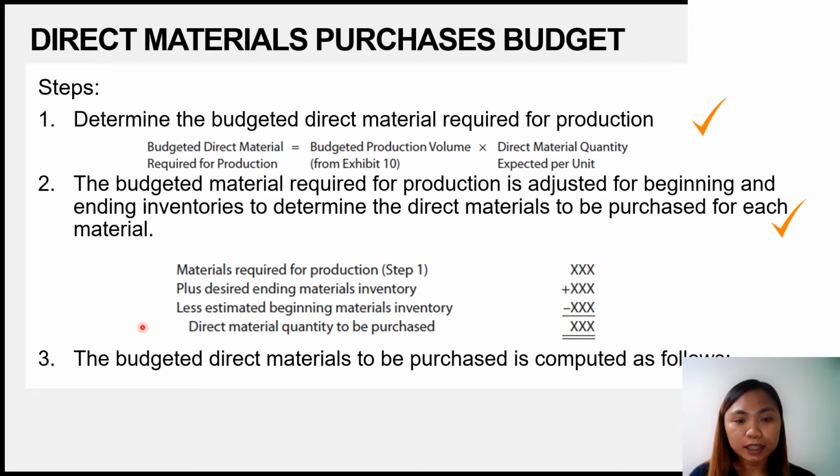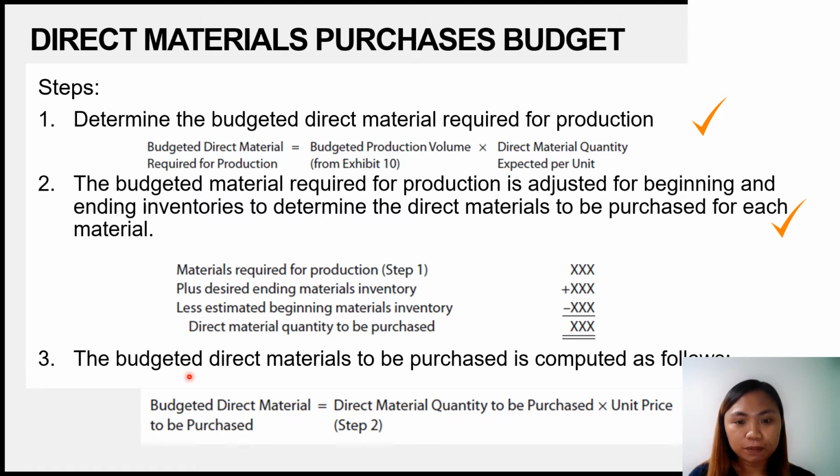And then the last step would be to compute for the budgeted direct materials to be purchased. So it is computed as follows. Budgeted direct material to be purchased is equal to direct material quantity to be purchased in step 2 multiplied by the unit price. So to illustrate,